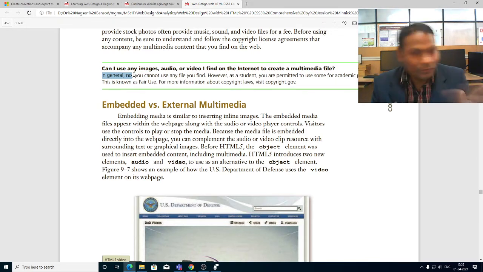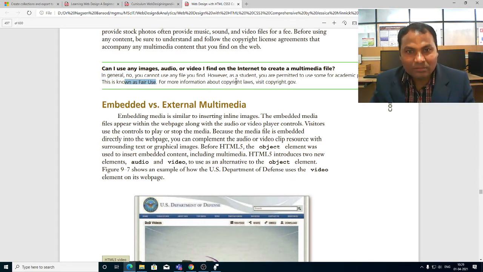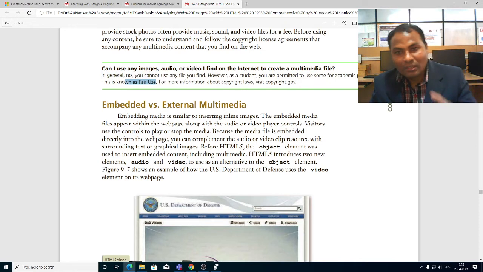You cannot use any file you find. However, as a student, you are permitted to use some for academic purposes. This is known as fair use. Fair use. For more information about this, you can find the copyright of the government.